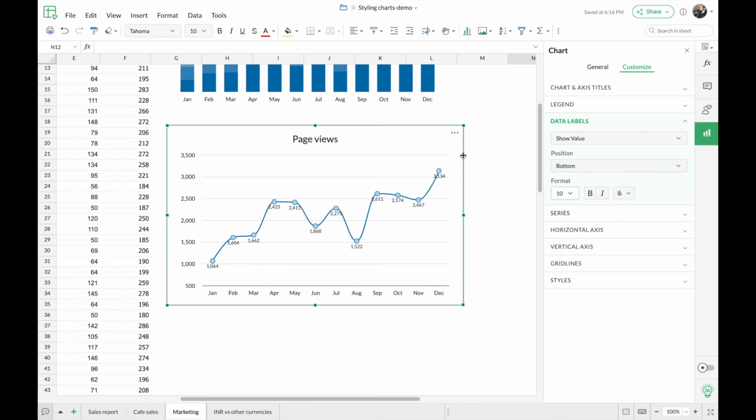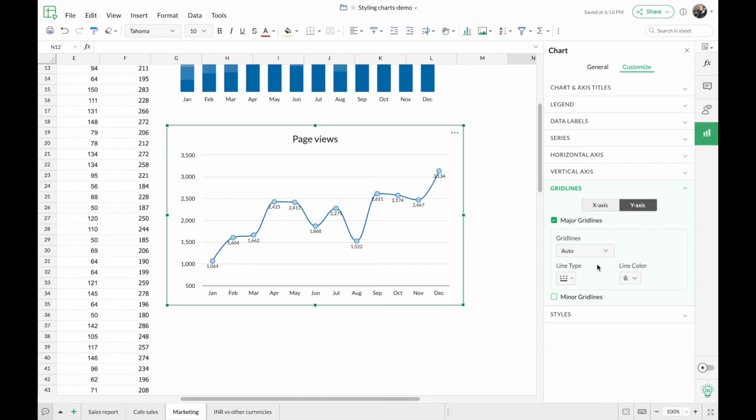So now, similar to the previous line graph we saw, you can see that the grid lines at the background are a little bit distracting for the actual line graph that I have here. So I'm just going to make it a little less prominent. So I'm going to change the line style of the grid lines like we saw in the previous line graph. So now I've given it a dotted line style.